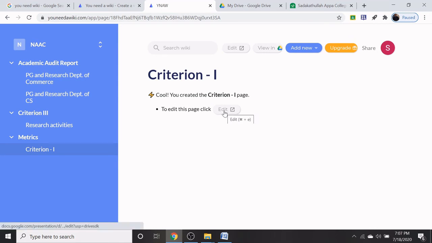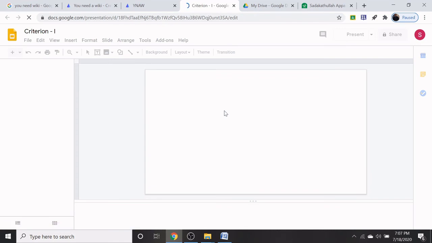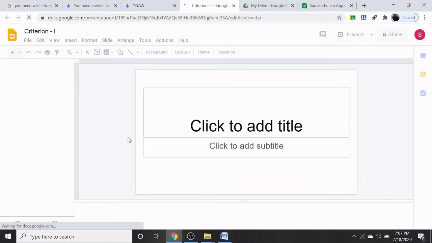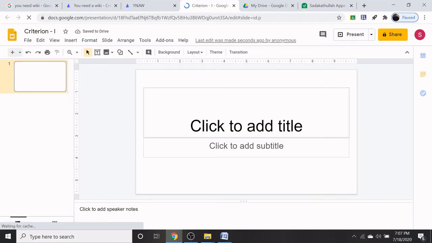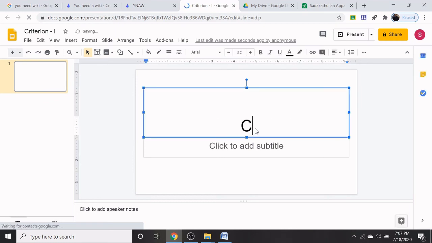Now I click on the edit button. So here the slide will appear. I am just typing criterion 1.